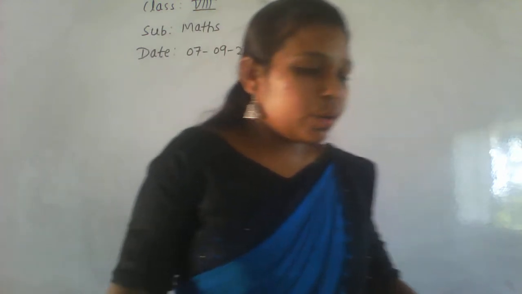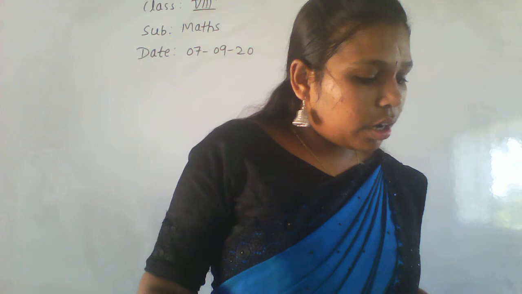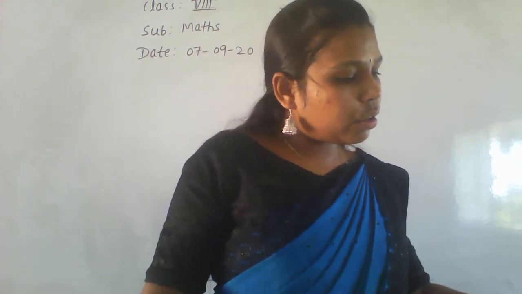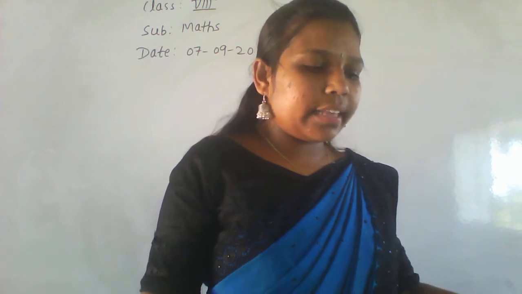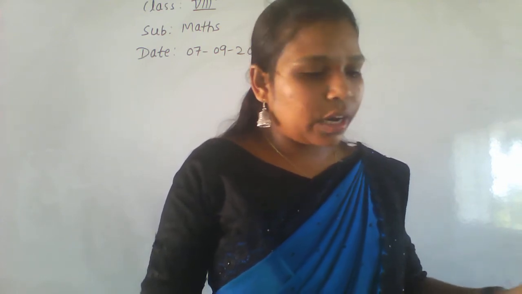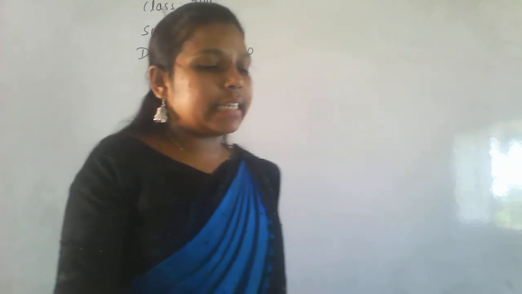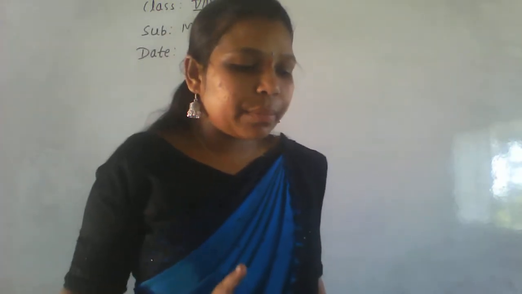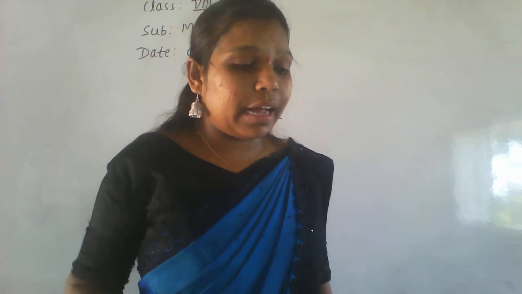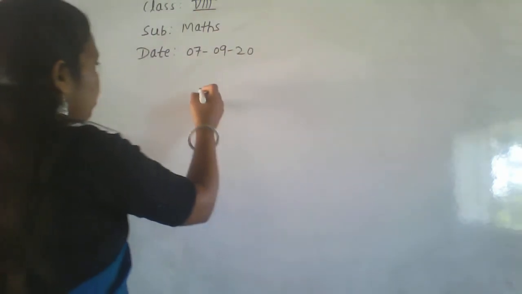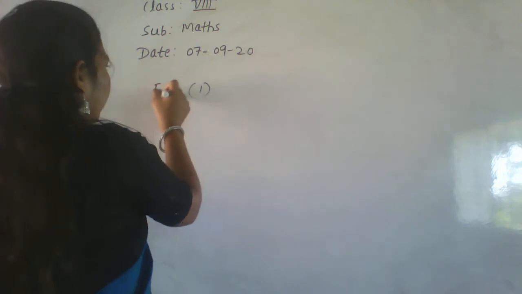Getting everyone? So we'll now solve two or three examples. After that we'll begin exercise number 1.4. Before that, the sum of two numbers is 5, and if one of them is 3 integer 3 by 4, what is the other number they ask here. Okay, first question, first example here.